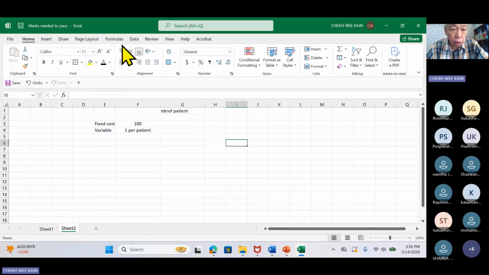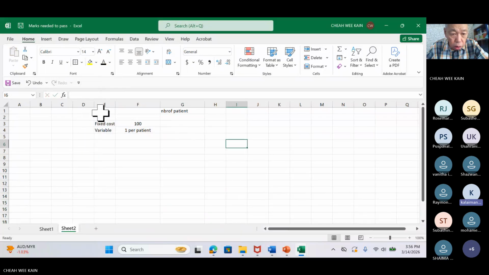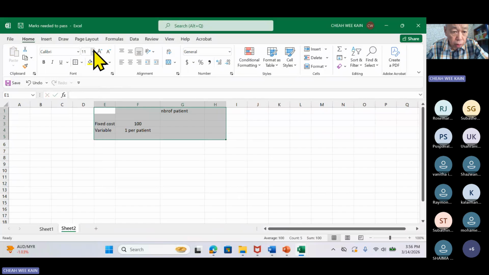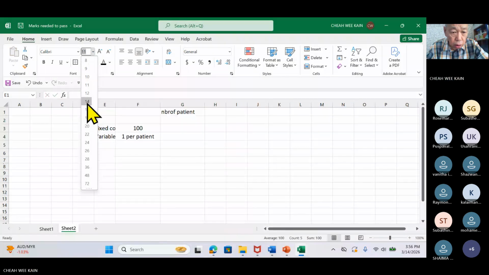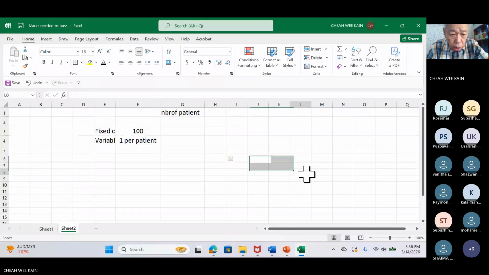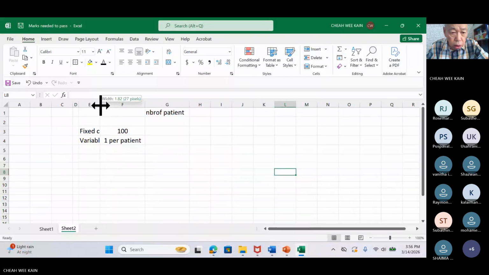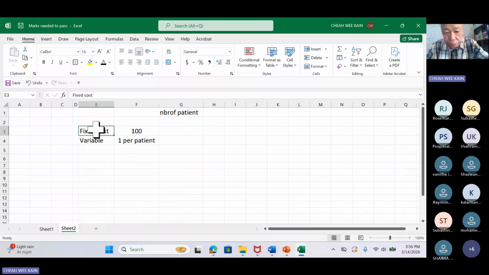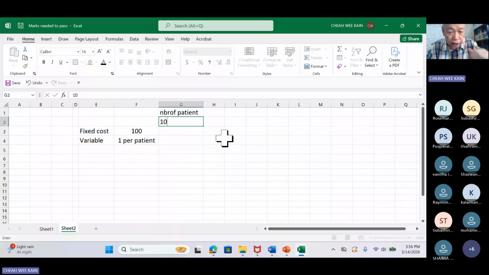Can you see, is it very small? Can I make it bigger for you. Hang on. So this is the rental cost. This is the fixed cost, the rental cost. Maybe this one is the bandage cost, or needle cost. So let's say the number of patient is 1,000 in one case, and you have another case of 2,000.